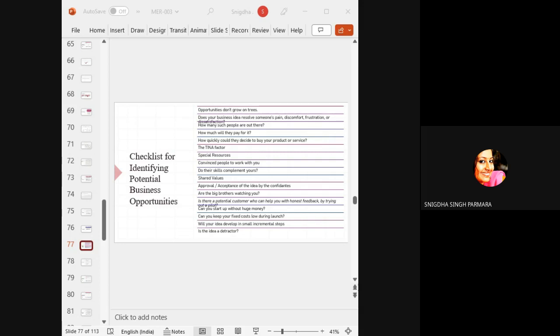So under such circumstances, is it possible that the opportunity you wish to go ahead with can be started with even small funds, with a small budget? Can you keep your fixed costs low during the launch? Fixed cost means compulsory costs, the cost of land, building, equipment, machinery, etc. Will your idea develop in small incremental steps that can inexpensively generate valuable information for even a little cash? That will bring a lot of